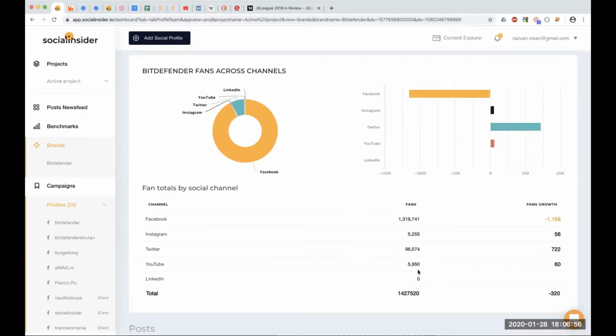Then Instagram, then Twitter, then YouTube and LinkedIn. The LinkedIn page is not added because you need to note that LinkedIn in Socialinsider, and actually in the analytics space in general, only works for owned pages. They have not yet opened up their APIs to competition pages. So yeah, and you have a little bar chart here with the gained fans and lost fans, and a pie chart with the breakdown of number of fans